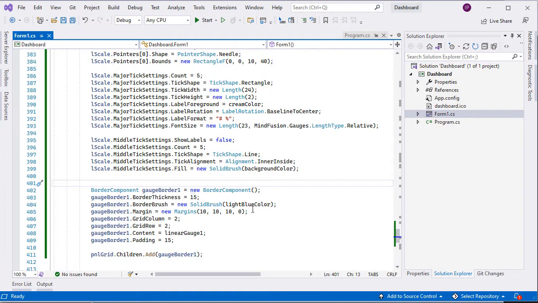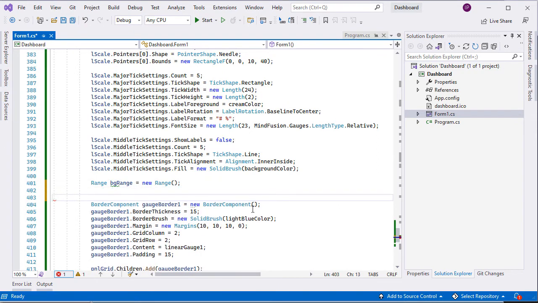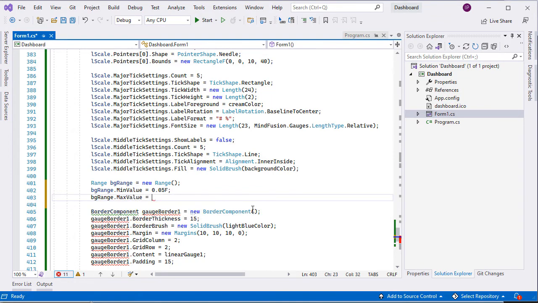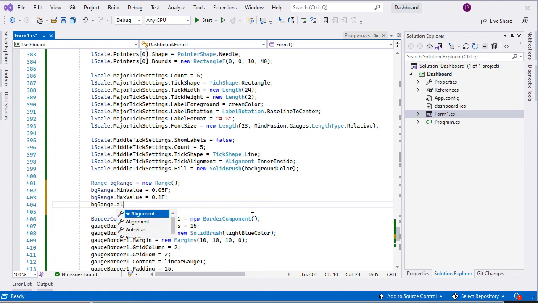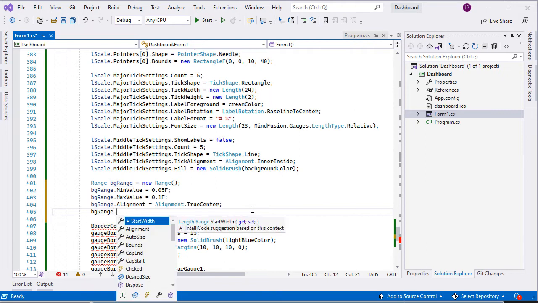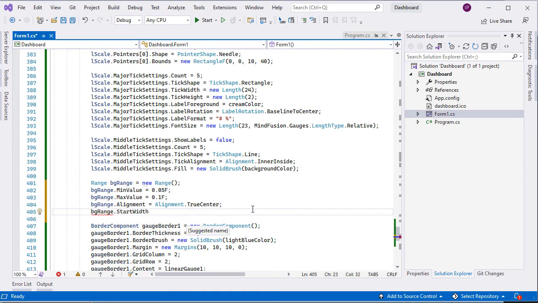So, we create a new range and set its min and max values to be the same as those of the scale. The alignment is true center. It will be drawn in the absolute middle of the scale. Its width and height are the same as well. We want the range to cover the scale.